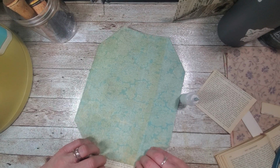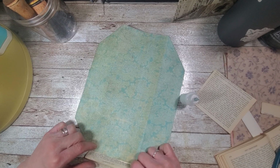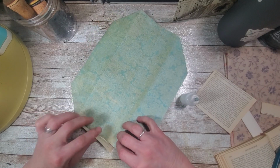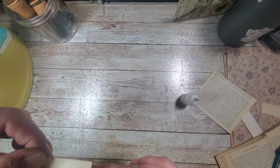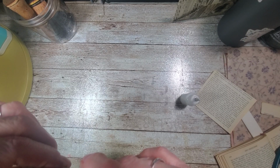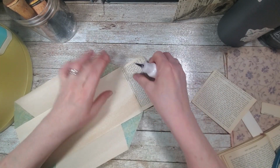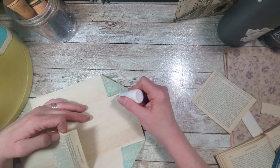This paper is super, super thin. This book page is very old. The book itself, I think, is from the late 1800s. And so this paper's like not wanting to cooperate. There we go. I got it. No, I didn't. It's still not right. Shoot. You know what? I'm going to do it this way first, and then...